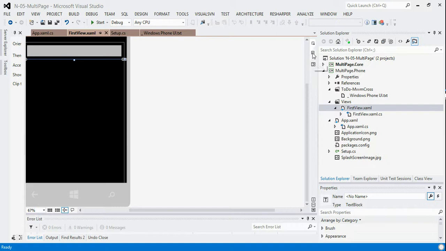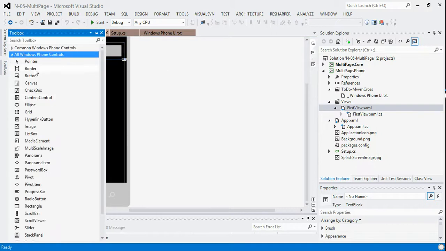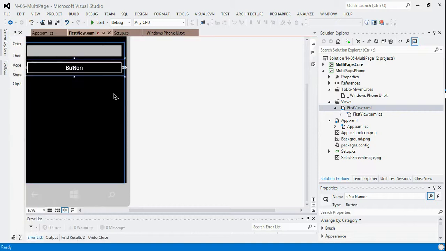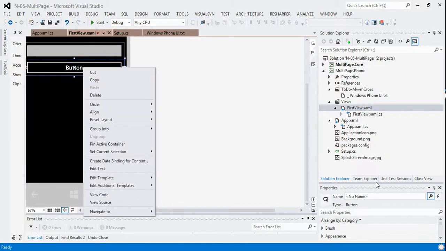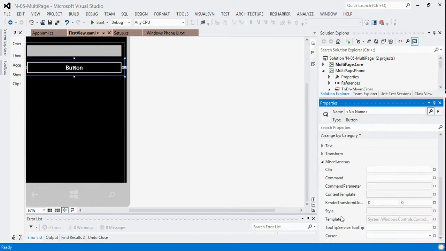But what we'd like to do is we'd like to add a button. Let me see if I can do it from this. I'm not very good at using these designers, but let me see. So I add a button in, and then this button, I'll go to the properties, and I would like to set its command. Where do you reckon that is? It must be in miscellaneous, do you think? So I'll set its command to a binding, or how do you do this? You do a binding,